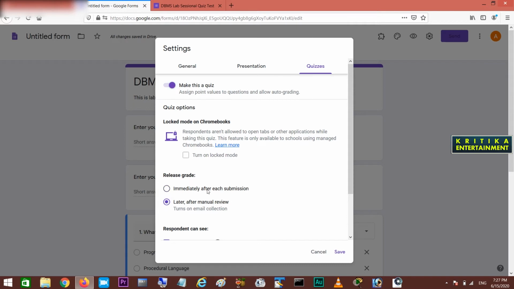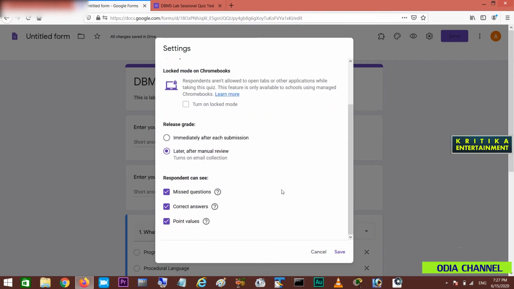If you want students to see it directly themselves, then you will choose this. If you give it later, these things cannot be seen by the students. Missed questions they can see, because they know which questions they missed. But the correct answer and point value they do not need to see, okay.